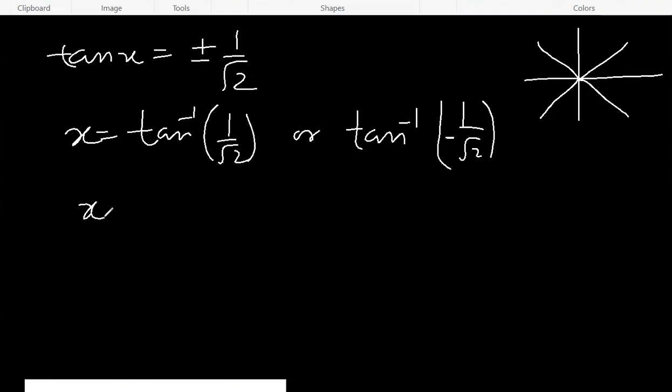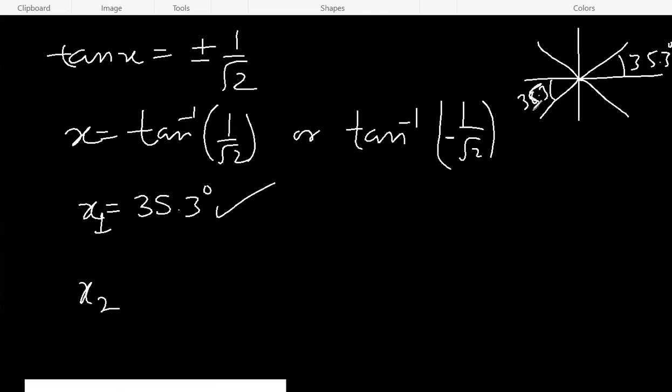So I got here x equal to 35.3 degrees. So it is positive here. So this is the first answer, 35.3 degrees itself. That is the first answer. Let's call it x1. For x2, tan is positive in this quadrant, so this will be